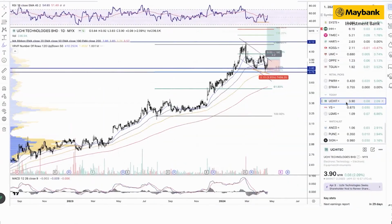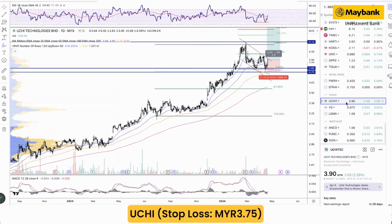For today's trading idea, we have three. Let's start. The first one will be Uchi Tech. One of the reasons why we highlight Uchi Tech is because, if you look on the screen, the chart uptrend